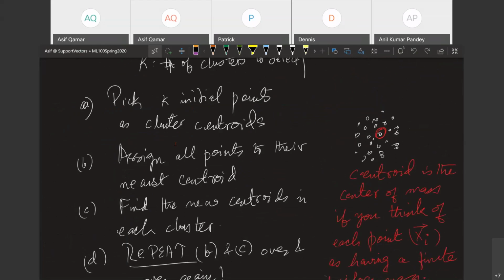Now, k-means answers half the clustering question. It says if you tell me how many clusters to find, I will find exactly that many clusters in the data. On the other hand, if you don't know how many clusters there are, well, tough luck. What you have to do is pick different values of k, try to cluster by that, and then look at a quantitative measure, something like a goodness of cluster measure, like within cluster sum of squares distance. Plot it out, you'll get a scree plot, and then look for an elbow in the scree plot.